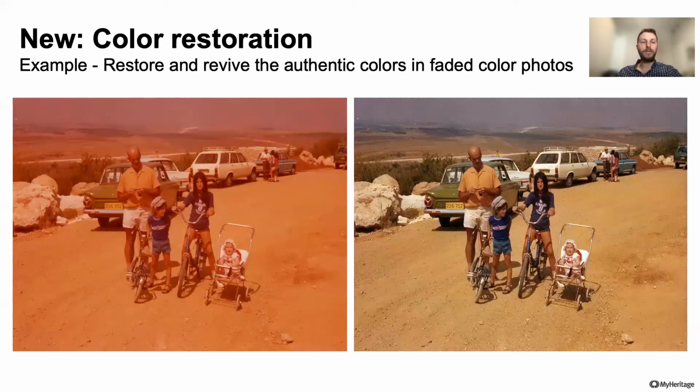Here you can see the other feature I talked about, a new addition to MyHeritage in Color called color restoration. This photo that you see on the screen was taken in 1976. MyHeritage founder, Gilad Japhet, is the boy with the hat, and next to him is his father and sister during a day trip. As you can see in the photos here, color restoration restores and revives the authentic colors in